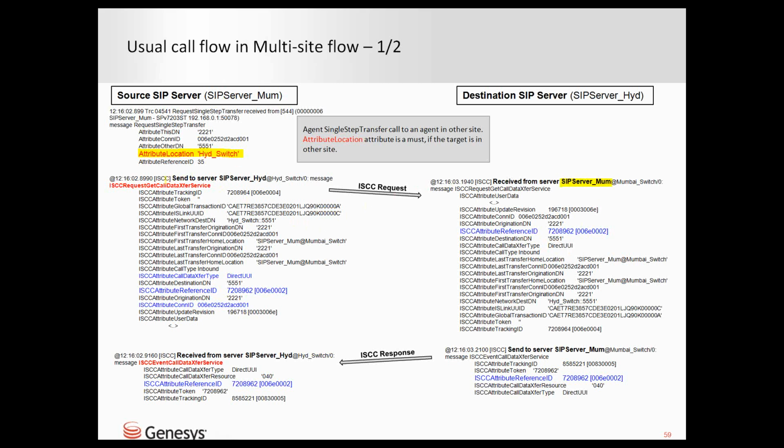Now remember, the tip is you will see sent to server, this is the application name. You can see received from SIP Server. So this is the T-Server application where you can actually find the source or the destination. So the ISCC request contains the call data transfer type, and you will have the attribute reference ID, and you've got, of course, our ConnID. And again, this same information you will see here, and